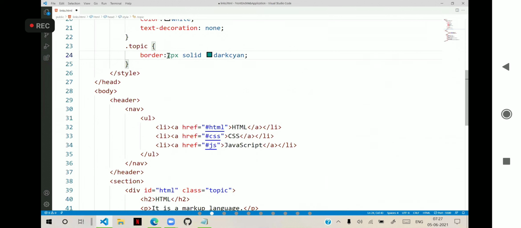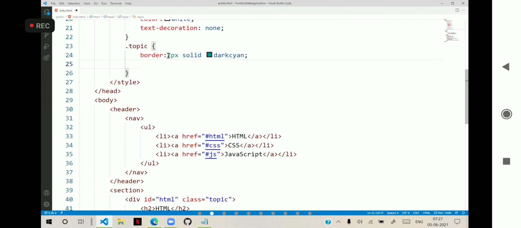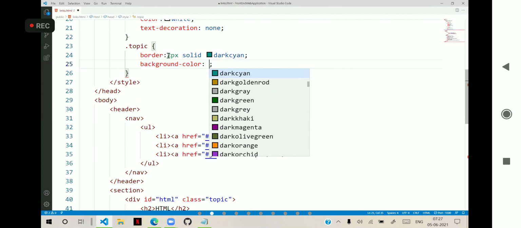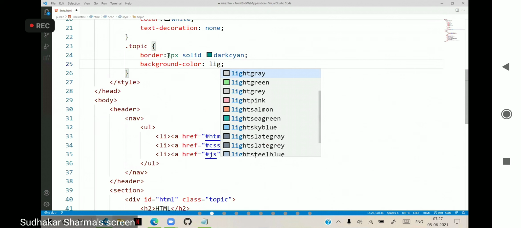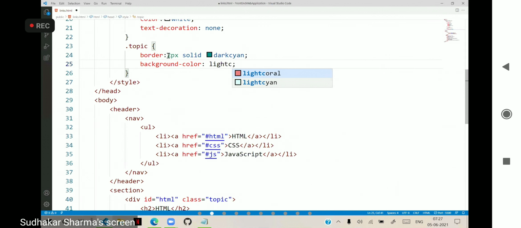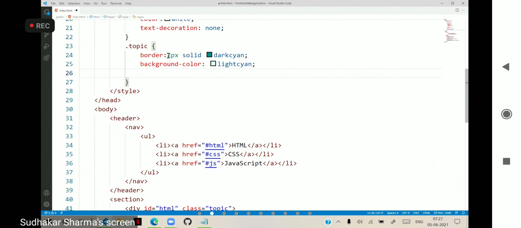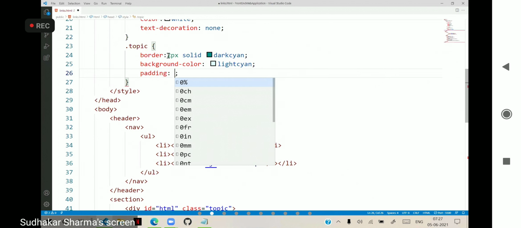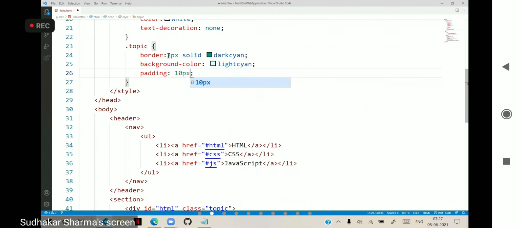Here I define some background color, light cyan, and padding I define as 10 pixels.